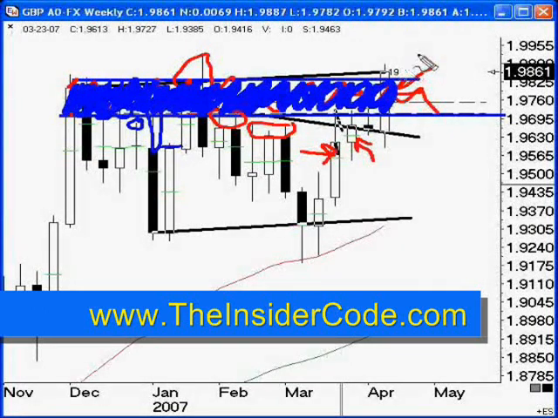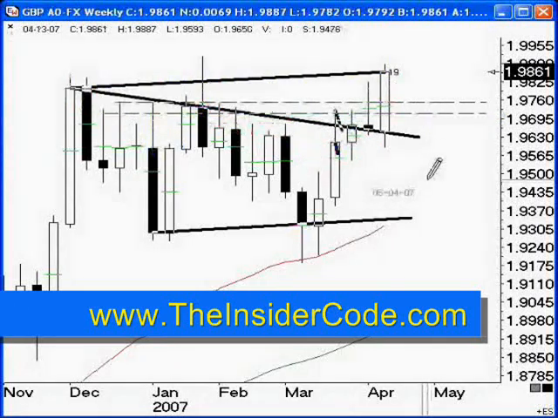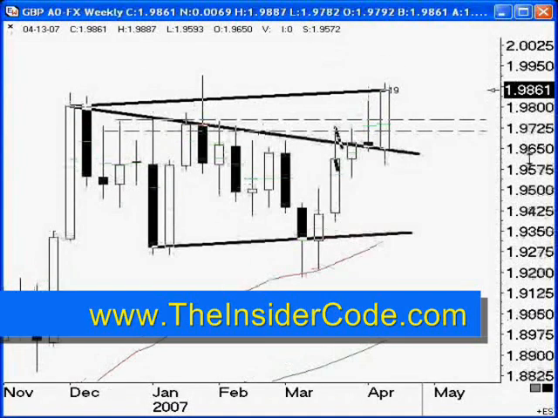Now you can see that the market closed above that area this week. So what does that mean? It means, pure and simple, that there were more buy orders than sell orders coming in through this area. That's bullish. But we can't just dive in and automatically say that means the market has to go up. That's not what this means at all. What this means is that we now can see the